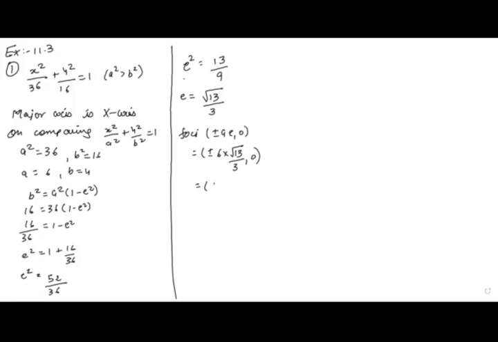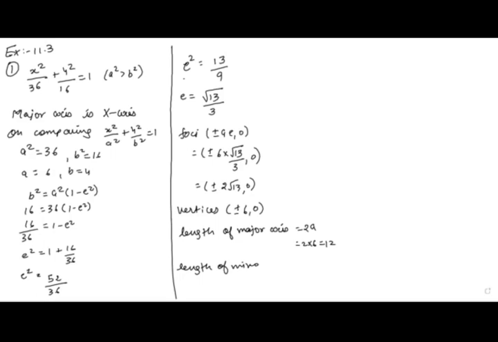So plus minus 2 root 30 comma 0, and vertex is plus minus a comma 0, length of major axis 2a, 2 into 6, 12, length of minor axis 2b, 2 into 4, 8,